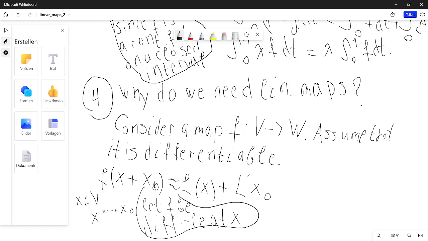You see, this is some linear map, right? Usually, in the case that you're familiar with, L is just equal to a, a real number. And then this is just your familiar line, right? f of x plus